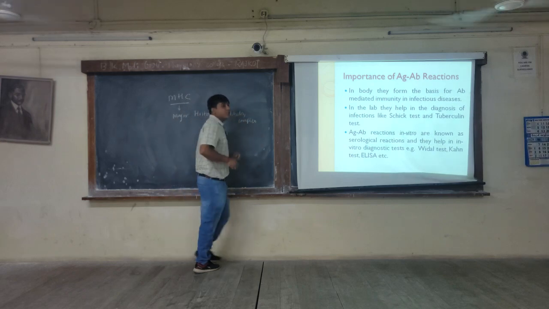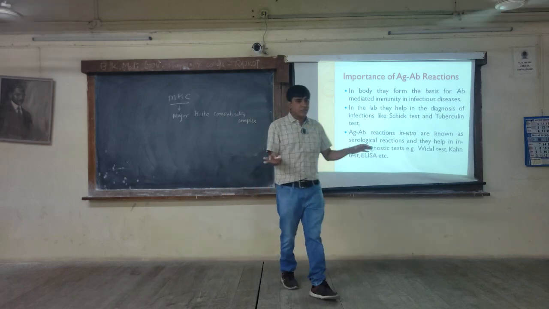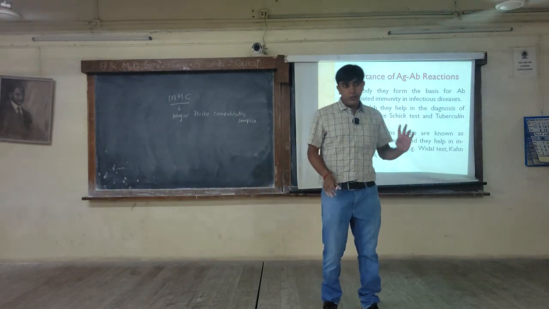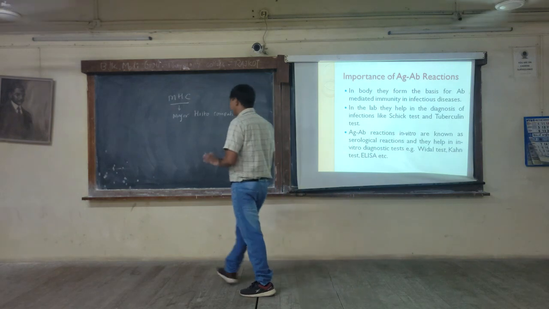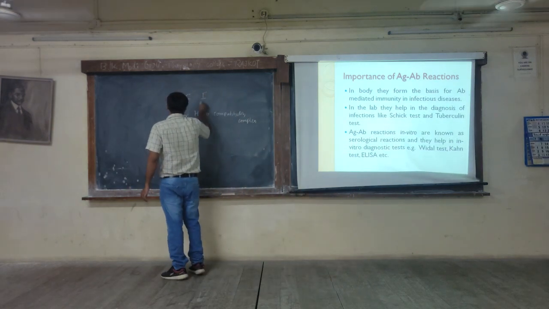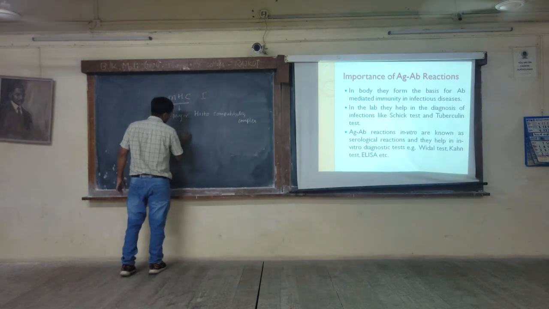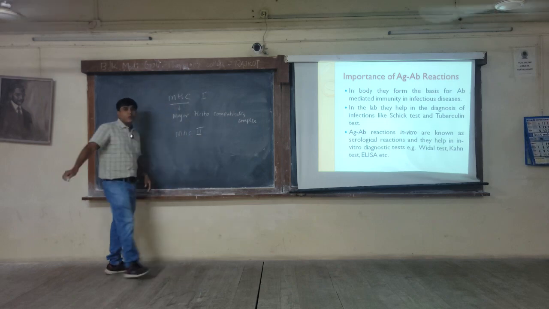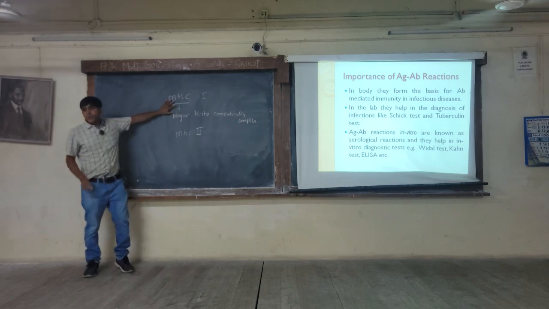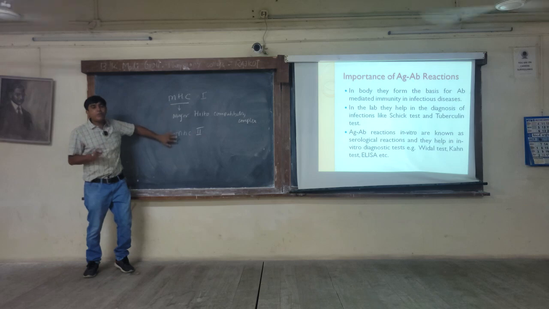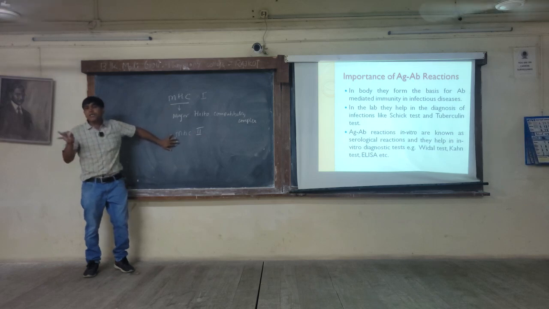Okay, these MHC proteins are present in all the cells of all the individuals. There are mainly 3 types of MHC. We are normally focusing on 2 types at present, MHC1 and MHC2. These MHC1 proteins are present in all cells, while MHC2 are normally present only on the immune cells,